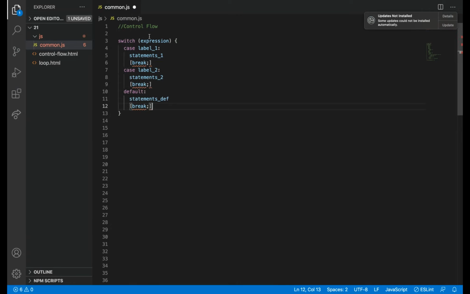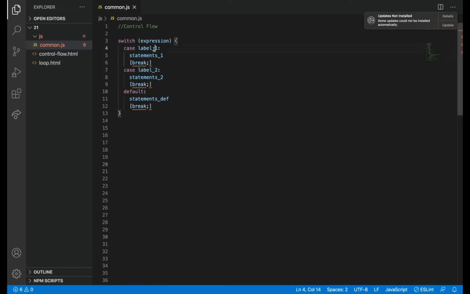First, what they are saying is we'll be having an expression here. Whenever there is an expression, mostly there will be a condition. Based on the condition, it may be any number, anything. It checks whether that value matches with this label value.